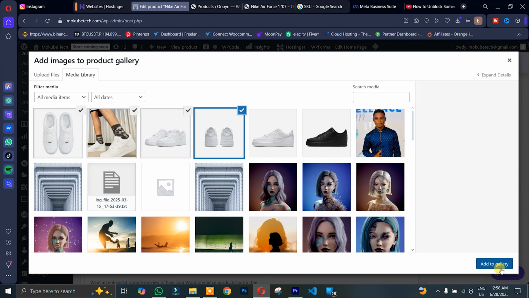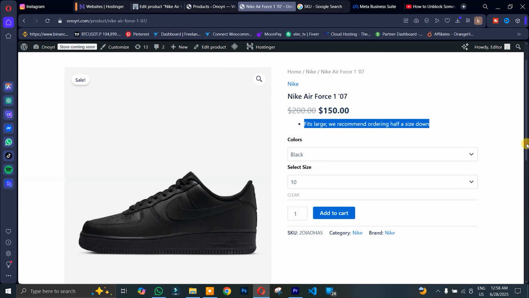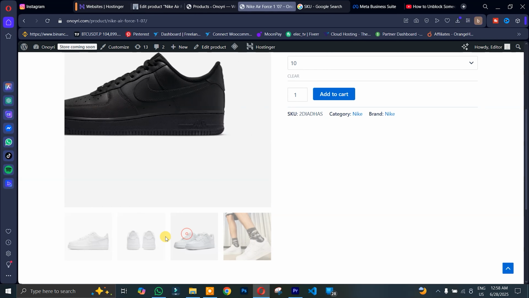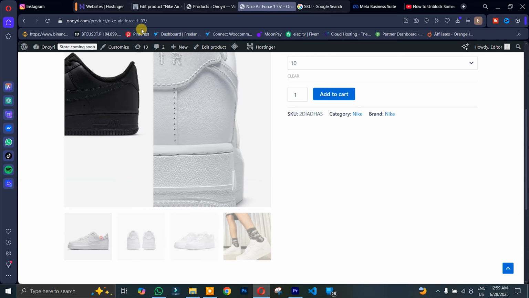Okay, we are going to click on it, add to gallery. As you can see down here, that is the image gallery. See the way it's changing, right? That's it. We'll go back, and